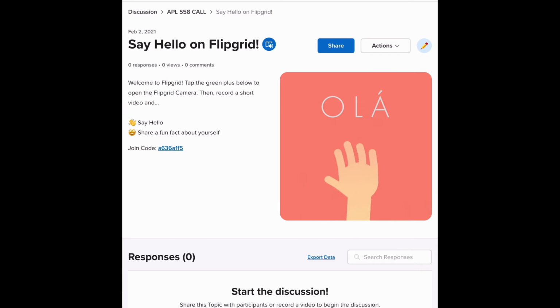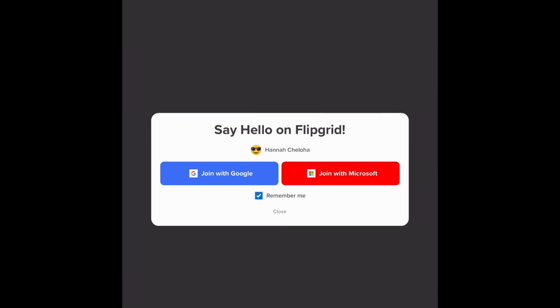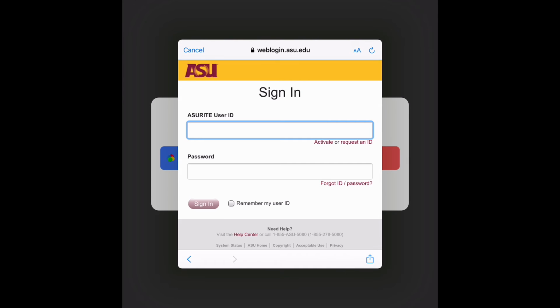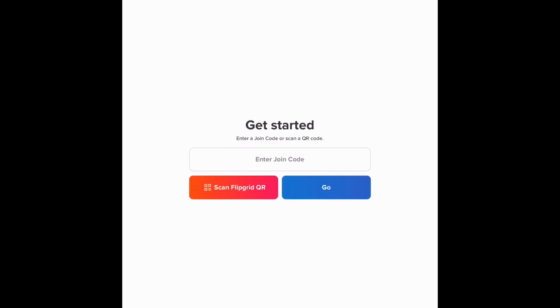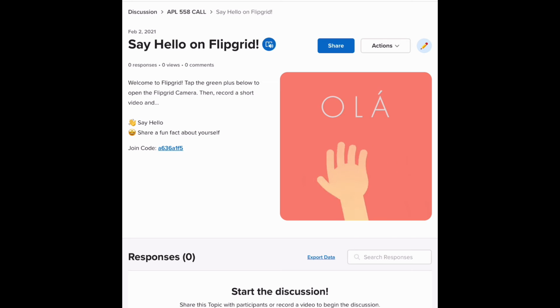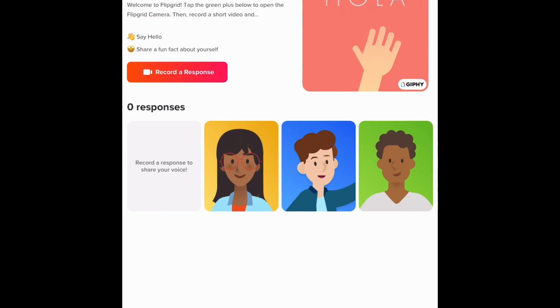And then if you want to record a response, you just click record response. It'll ask you to go back to the app, which I will do, and I'll join as me. And I'm at ASU. Of course it wants my information, but let's do this instead. A636A. I'm never going to remember that. Then if I want to record a response, I can click open in the app, and then it